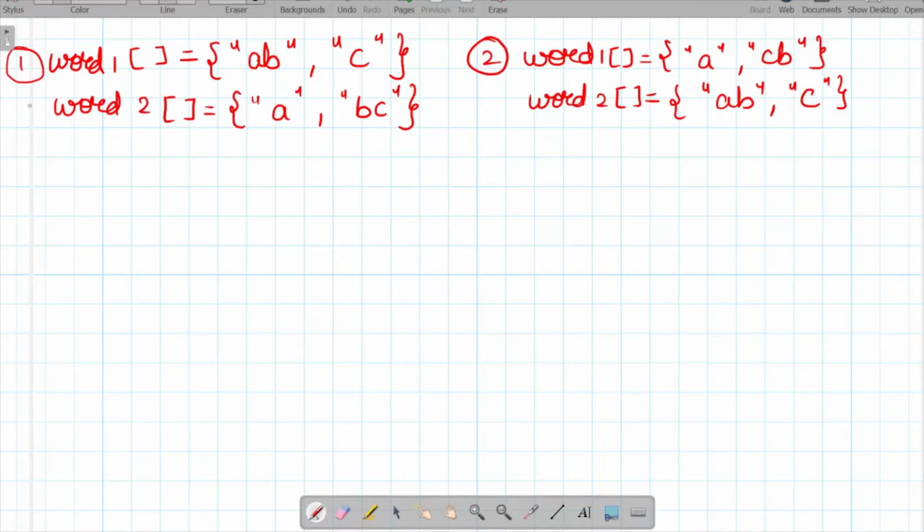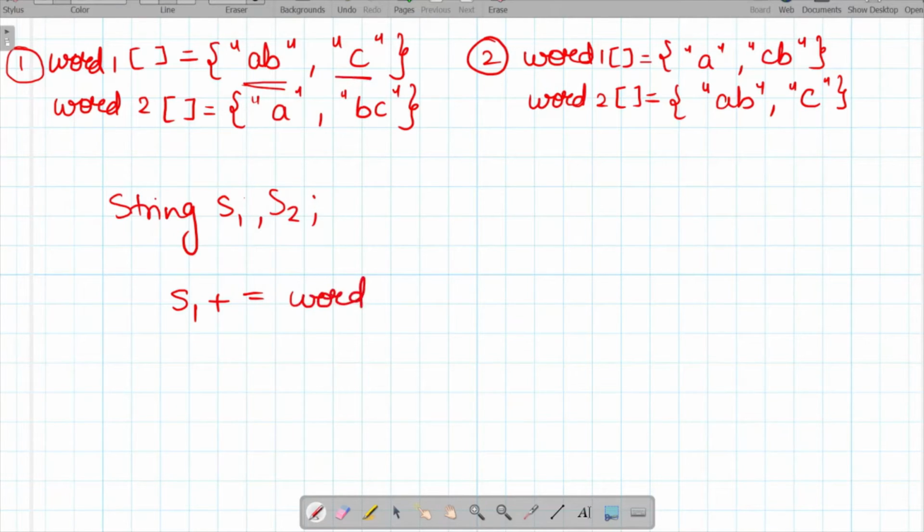What we have done is we have taken two examples. So let's see the first example now. We have to check whether word1 is equal to word2. So first of all, we will create two string variables s1 and s2. Now we will run a loop two times, one for the word1 array and the second one for the word2 array. First of all, we will concatenate all the strings that are in array 1 to s1. So how we will do this?